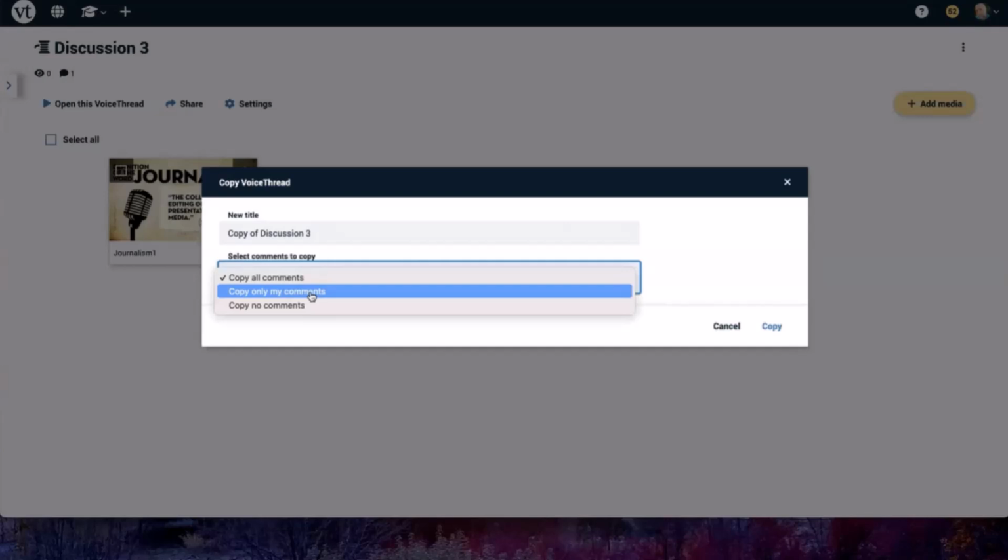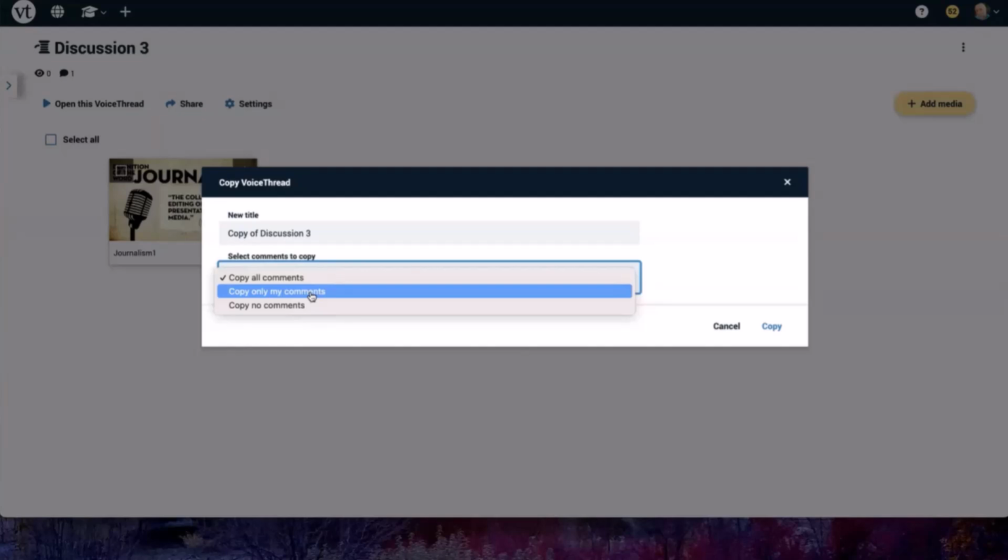Now, I've heard some folks who don't know about copying that unfortunately they'll take their VoiceThread and they'll delete all of their old student comments. And it breaks my heart because you're losing all of that work that the students have added. So now you have no record of it. If you wanted to go back and look at something or show or whatever, you now have lost those for good. So there's never a reason to really delete a comment unless it's one that you've recorded and you make a mistake. You want to delete and re-record it.